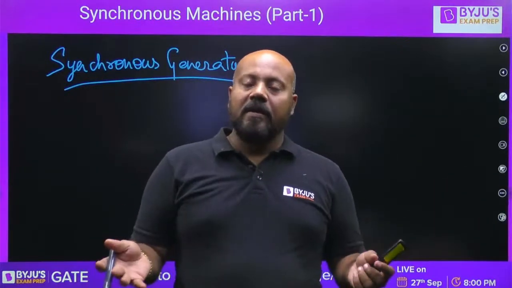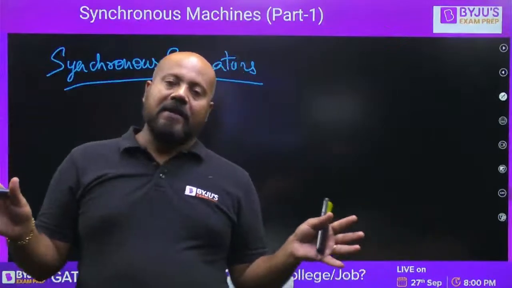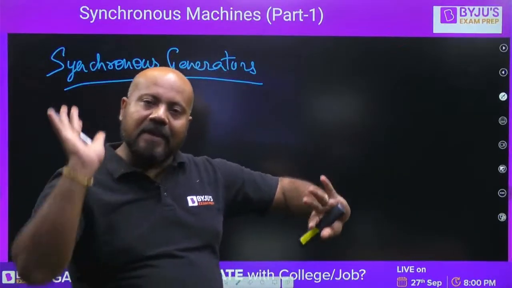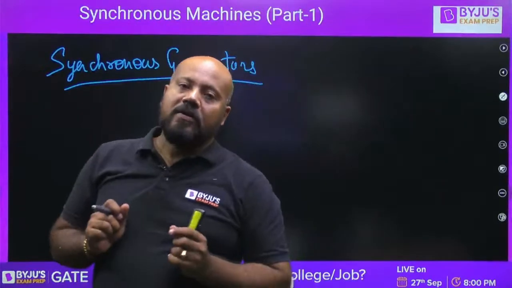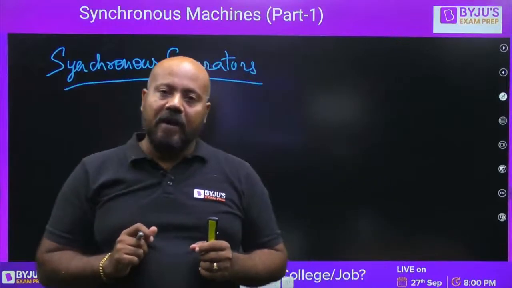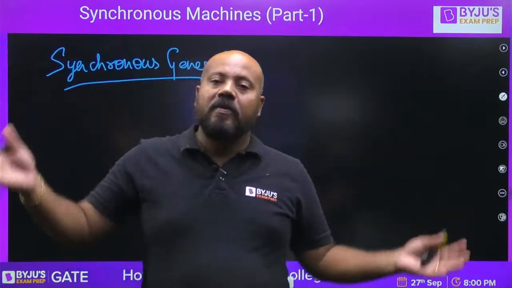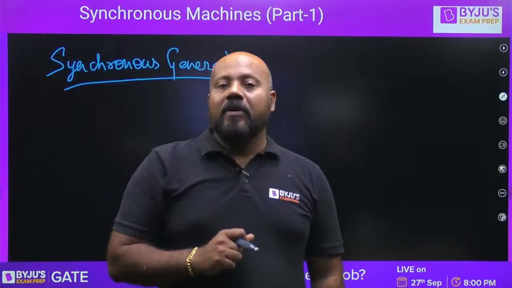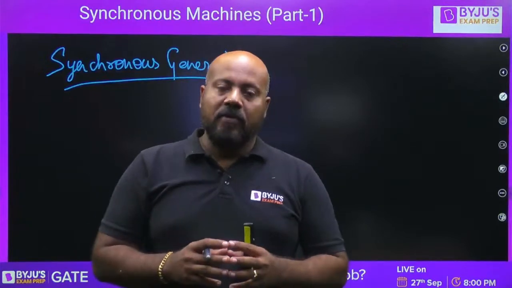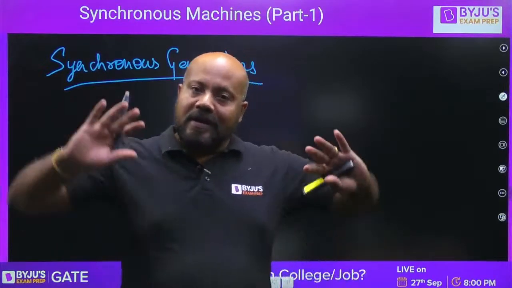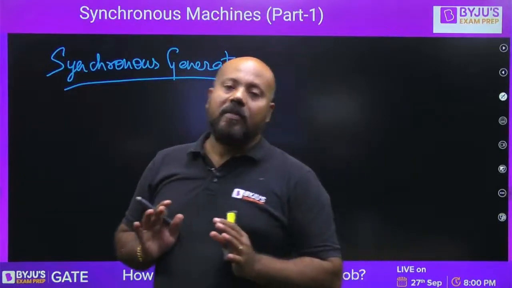Now you understand, to handle the high currents, if you have a bulky armature, big size armature, and you make the armature winding rotating, then what will happen? The amount of rotational losses will be very high, and it will be practically quite complex to have a rotating armature of this much bulky size. At the same time, because of the high current, the temperature of the armature winding will be very high. So we want effective cooling. Now for such a big size rotating armature, you cannot provide effective cooling. That is also a big problem.